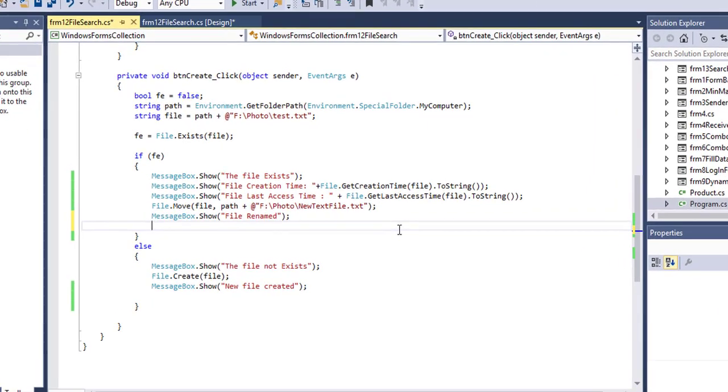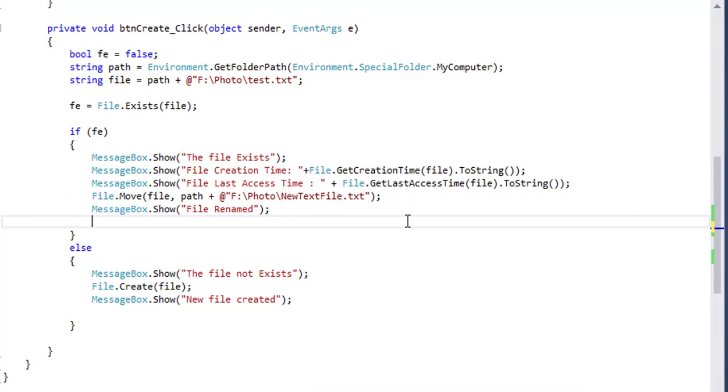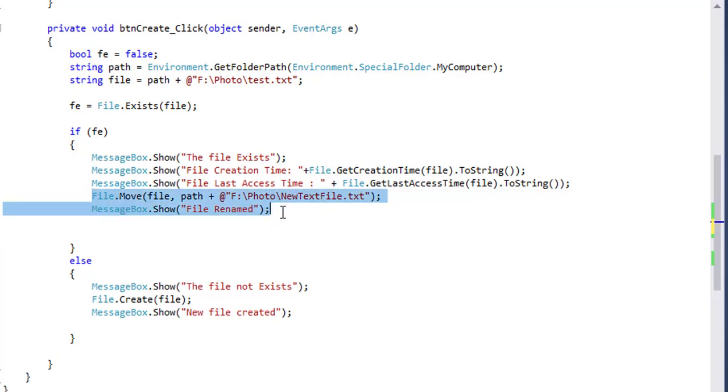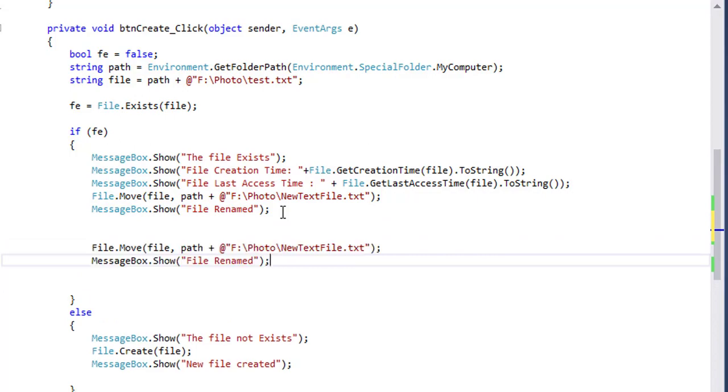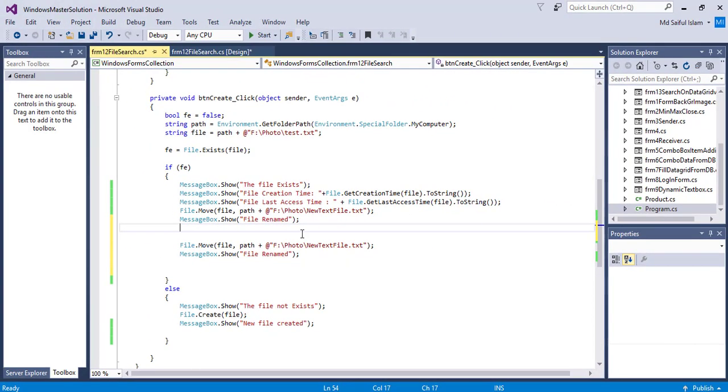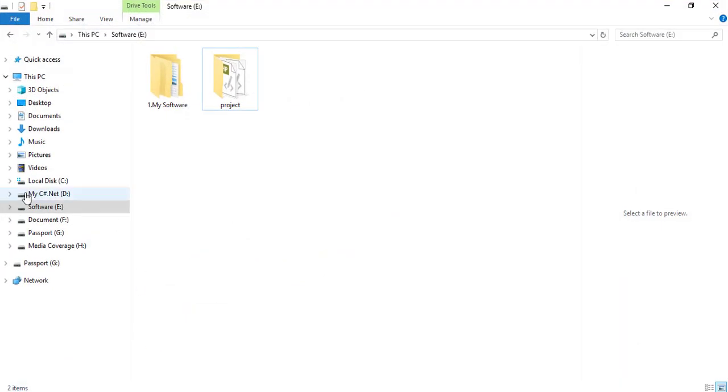Now I will show how to move this file from this location to another location. For this, I will copy this code. I will create a new folder in a new drive. Suppose in software, new destination.